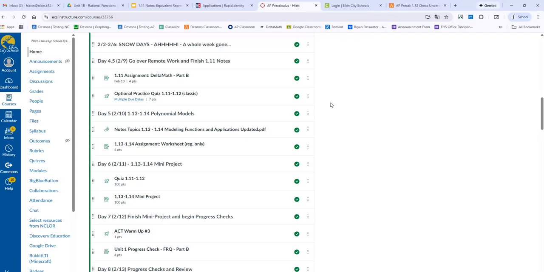It pulls from the same question bank, so you'll see the same types of questions. That has due dates for tomorrow on it right now, but I'll change it so that it's not due till Wednesday. Although it's not really due at all. You don't have to do it, but it will cut off because I don't want you looking back to it. So Delta Math is your assignment tonight. The part B part for this, and